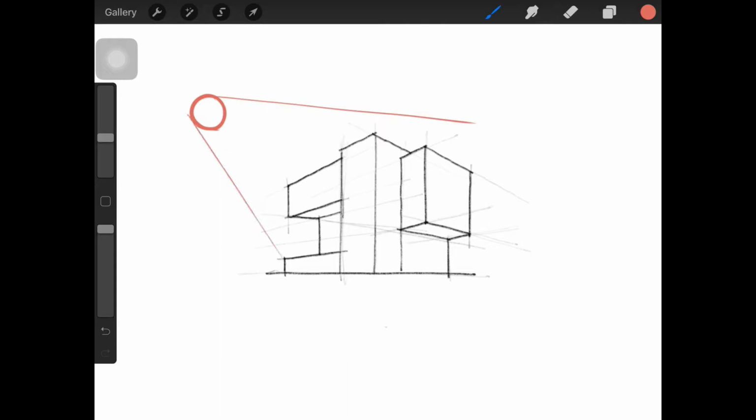So according to this sketch here, I'm going to choose the planes where the shadows are going to be there, which will be all the planes on the right hand side, and those shapes which are going to be overlapped by the larger shapes. So according to the sketch here, most of the right portion would be shaded and the lower portion of the house would be shaded because of the cantilever shape I am getting there.